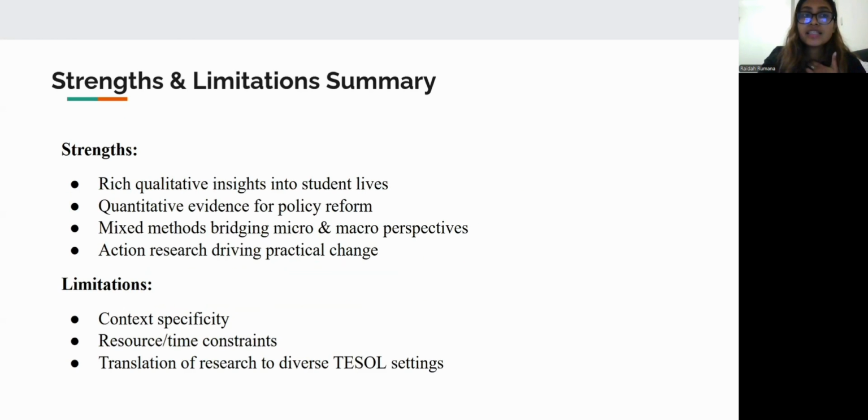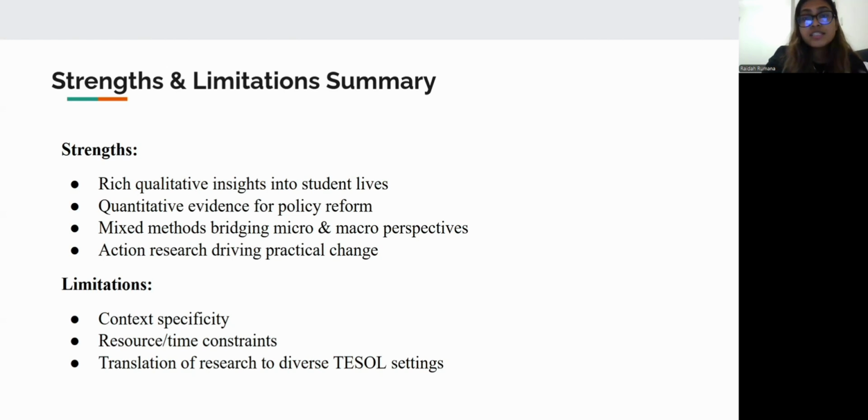In slide 10, I discussed the strengths and limitations summary. Each approach offers unique strengths: qualitative research gives depth, and quantitative methods provide measurable evidence, as I have discussed before. Mixed methods combine both, and action research creates real classroom change.